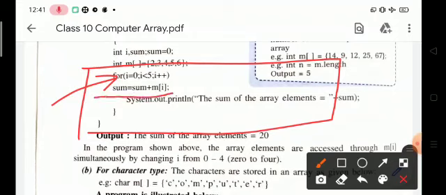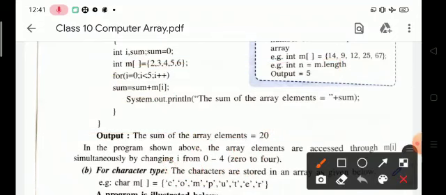Next, sum = sum + m[i]. Here i is the index value, which shows the position of the given element.